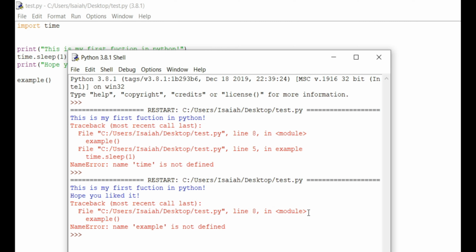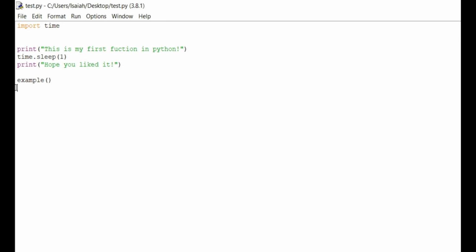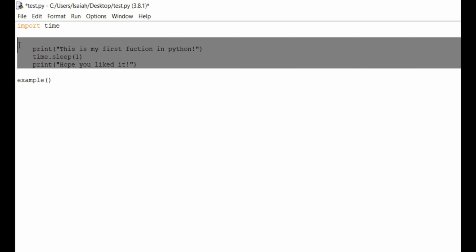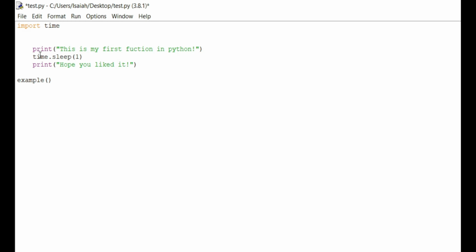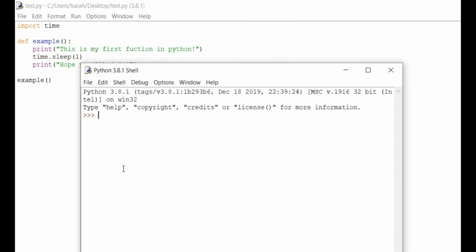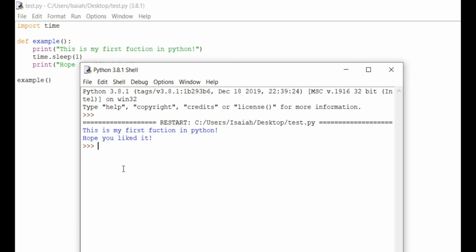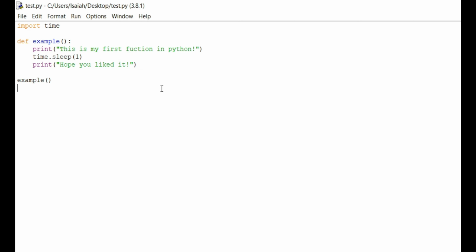It's the same exact thing with importing time. You got to define it. So if you go here, and you just tab it in, and, where's my mouse? There it is. Okay, there we go. And then if we define it, so define example again, and then we run this again, it's going to do the same. This is my first function in Python. Hope you liked it. So that covers pretty much the basics in